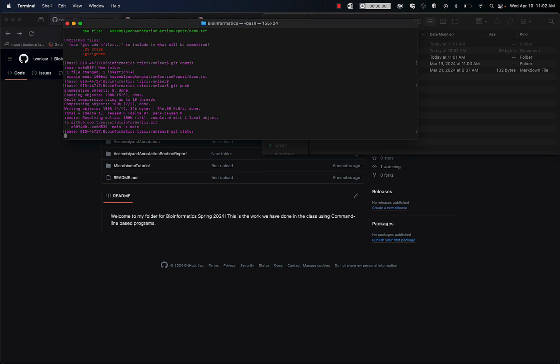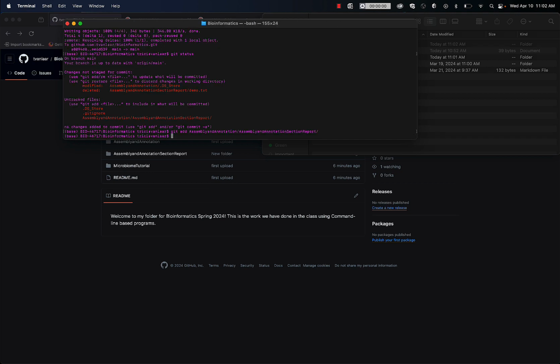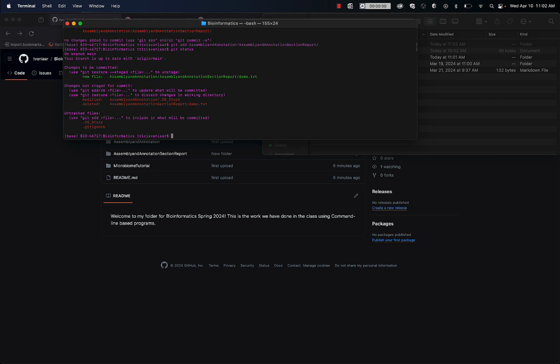Let's do git status and see what has changed here. So what I need to do is git add assembly and annotation section report. Let's see, git status. Okay. Changes, so deleted. So we can do git remove the assembly and annotation set. Oh, it already removed it. That's fine. Okay. So we'll do git commit with our message